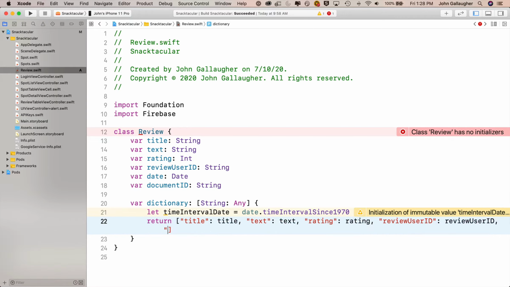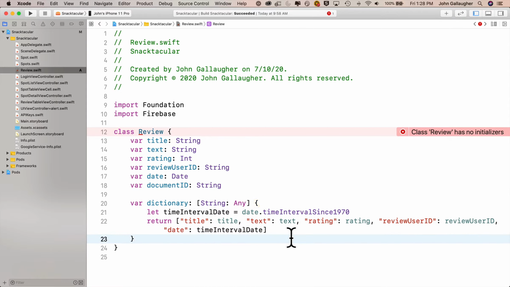Comma, in quotes, date, but we're passing in timeIntervalDate that we just created above. Gotta save that out as a double, not a date. And remember, we don't need to add the document ID to the dictionary because that's already saved as the name of the document. Now let's create our default initializer, and remember we pass in a parameter for each of the